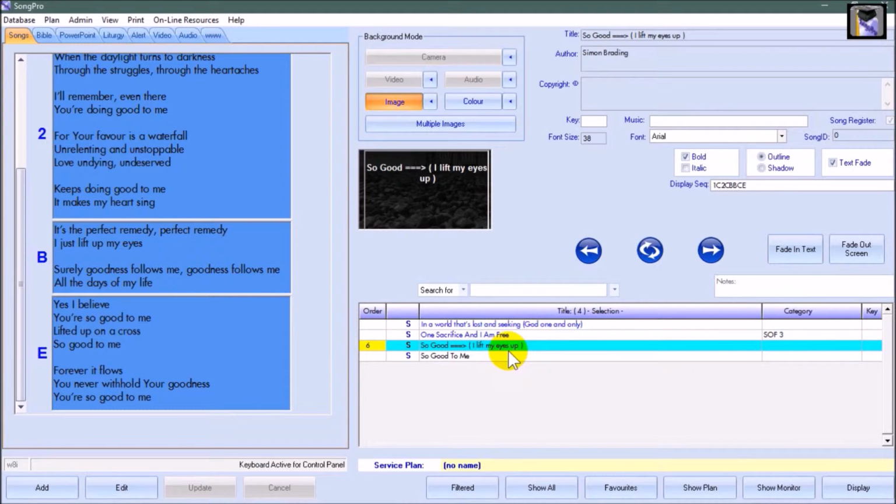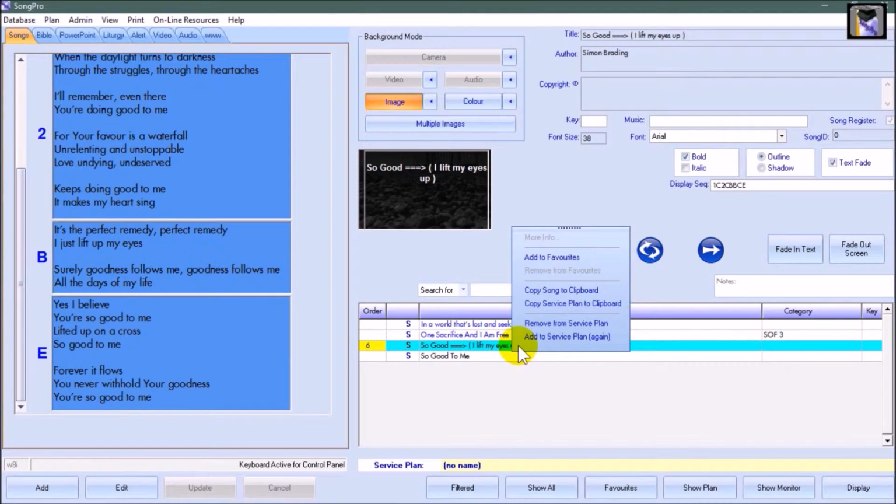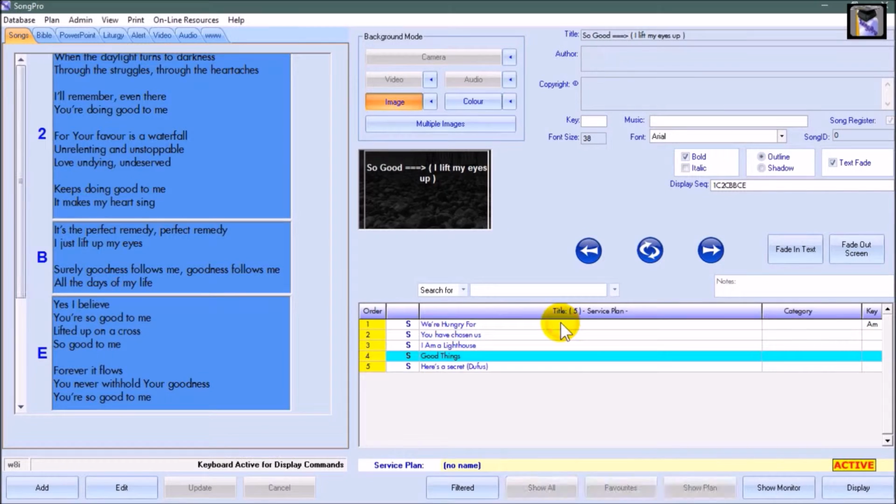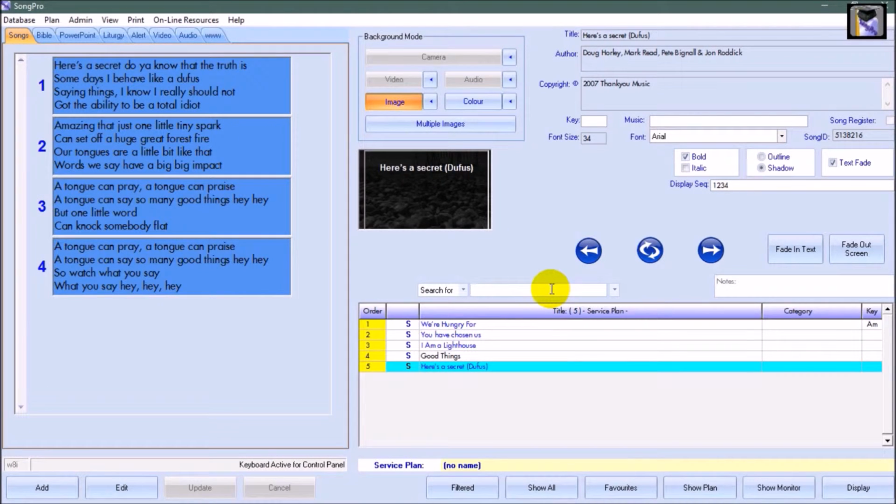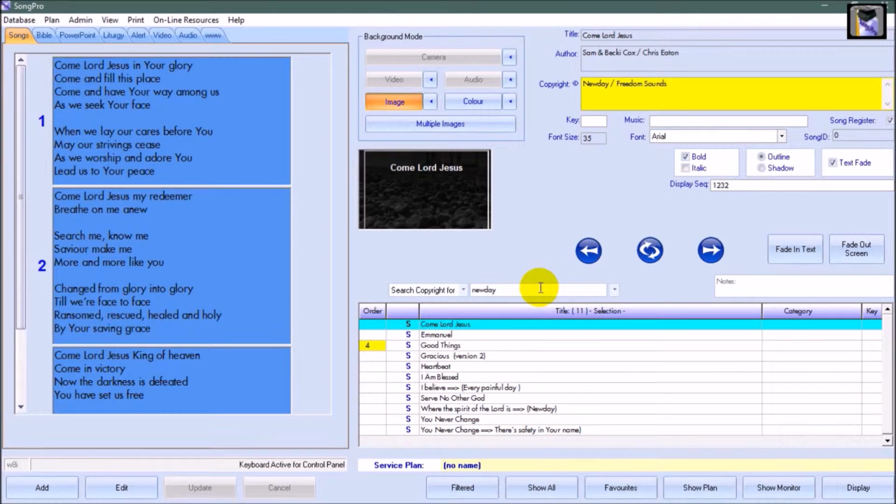If for some reason you want to duplicate that song in the service plan, right click again and Add to Service Plan again, or remove it from the service plan entirely. Just like that. Other ways you can search is to come to this drop down menu and use one of these categories to search for specific terms. So we could select copyright, and this will search for anything that's been typed in this box by whoever input the song. So I could type in New Day, and every song that's been copyrighted by New Day would appear